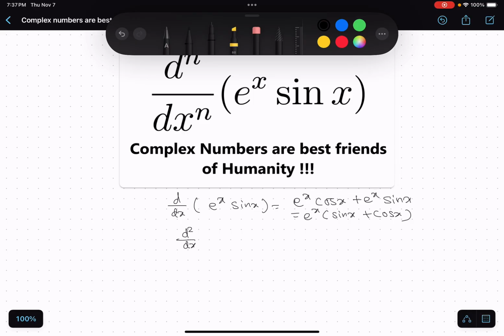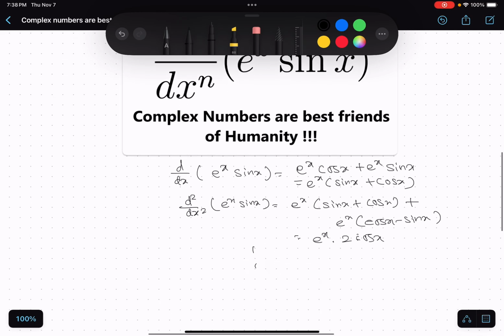The thing is, it becomes complex with time. The second derivative will be e to the power x times cos x minus sin x. So this will be e to the power x times 2 cos x, right? Now if you go on, it may not be obvious what the pattern might be for the nth derivative, right? So in this scenario, if you want to find the nth derivative, going this way might